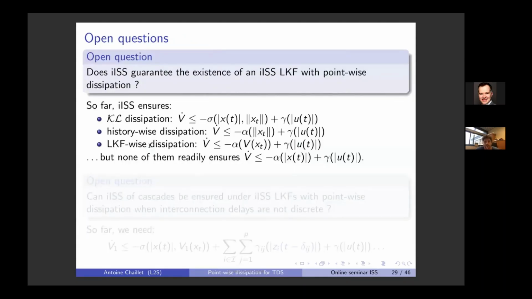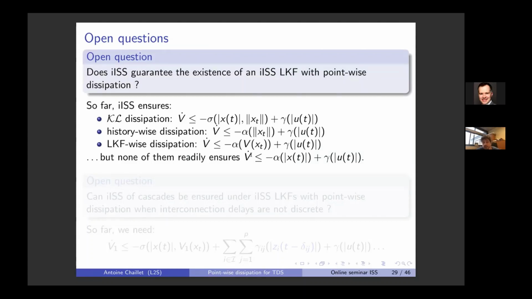So, open questions about integral ISS. I identified 2 of them. If you remember correctly, in my characterization of integral ISS, what I managed to show is that a pointwise dissipation ensures integral ISS, but we are not sure about the converse. All we have so far is KL, history-wise, Lyapunov-wise, but it's not clear at all whether any of these properties can ensure a pointwise